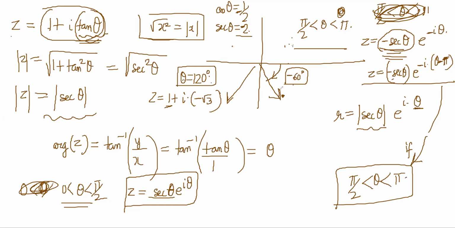Again, it is coming in the fourth quadrant, right? The complex number is again coming in the fourth quadrant. So this angle will be correct. This will be correct only. And if it was fourth quadrant, theta was above.